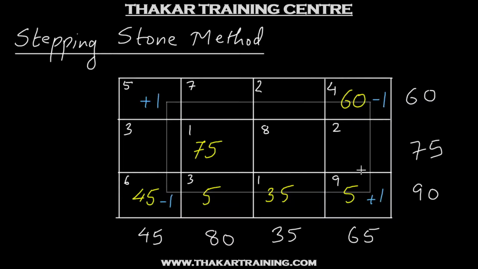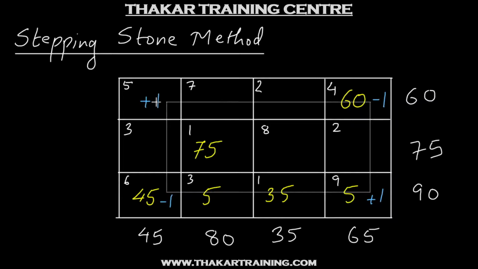So the effect that has taken place is that now we will have 1 unit in this cell, 59 units in this cell, 6 units in this cell, and 44 units in this cell. We need not specifically write down the new allocations, but this is how the allocations have been adjusted so that a new allocation can come into picture. Now, having adjusted the allocations, we find out what is the effect of these changes.